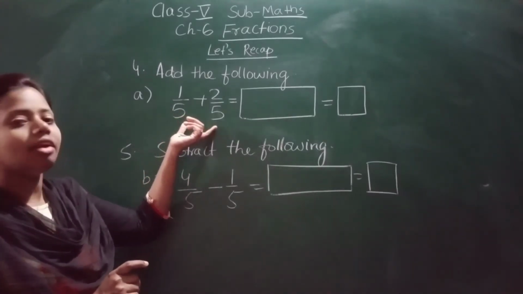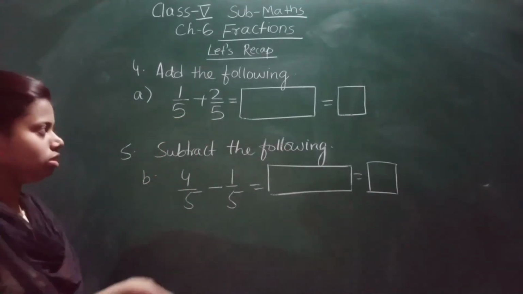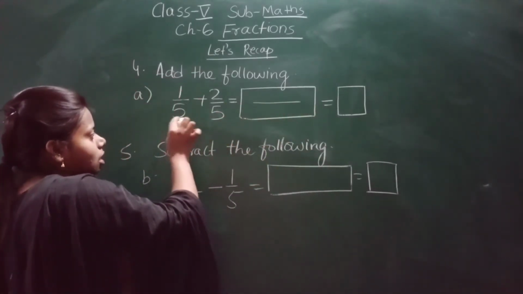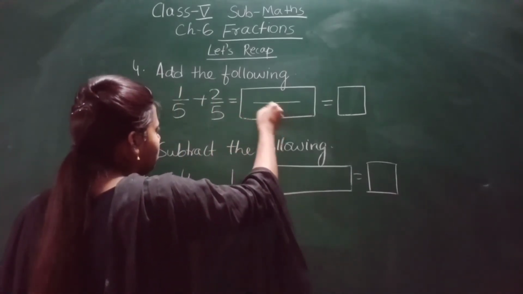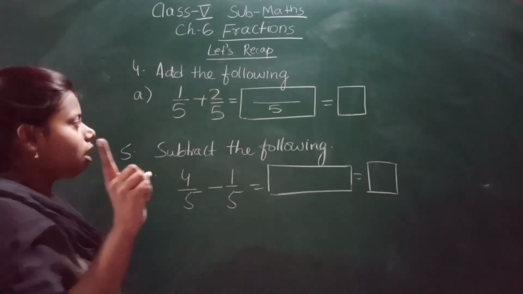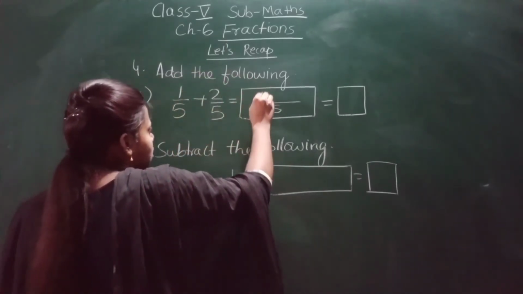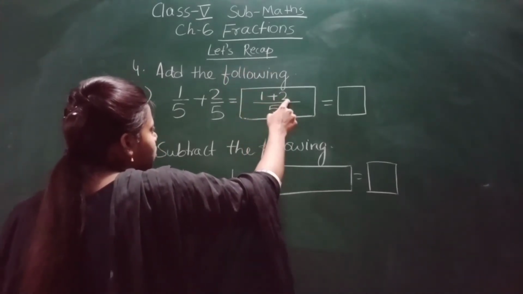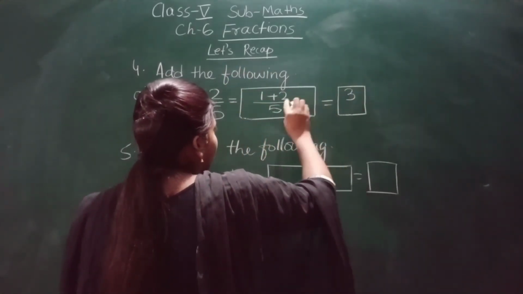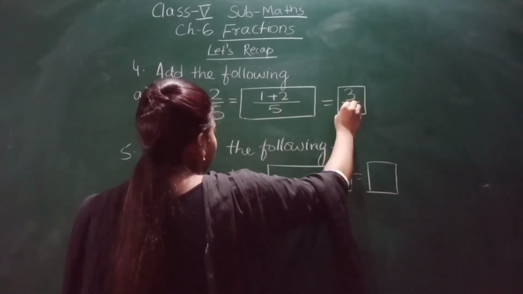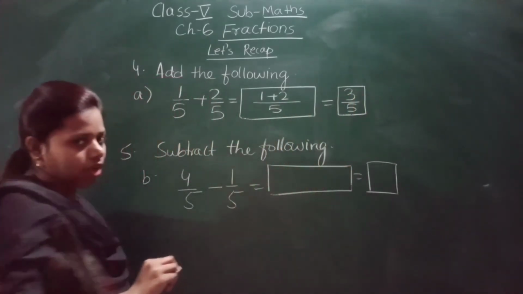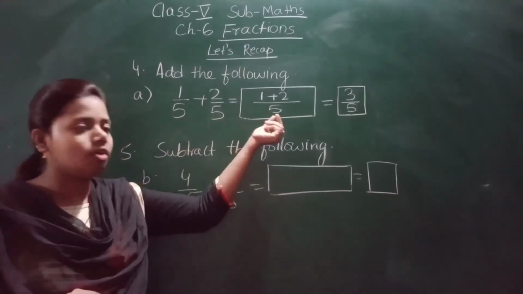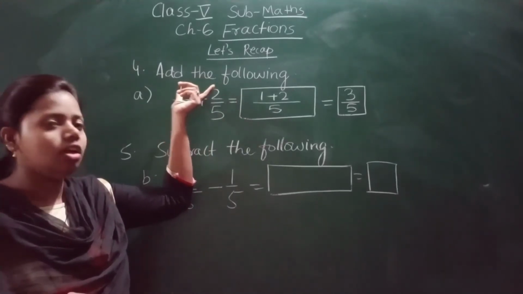But when the denominator is same, what you will do is make a big fraction like this way, and since the denominator is same, you will take 5. Whatever is given, you will take once. Now you can see 1 is there, plus is there, 2. So 1 plus 2 is how much? 3, and this one is 5. So what is the answer? 3 by 5. So whenever you see the denominator is same, you will write one of them, and you will add the numerators.